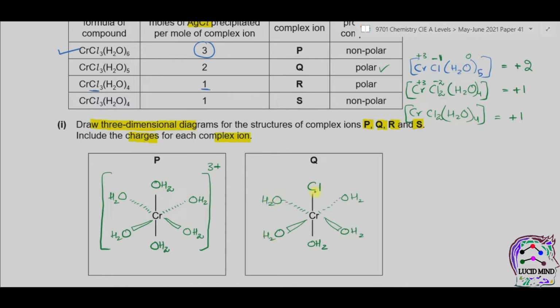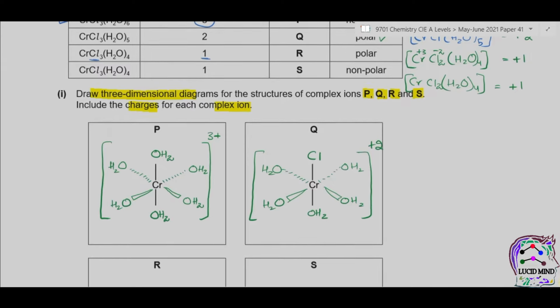Due to the presence of this chlorine, which is electronegative, this molecule or complex becomes polar. The charge is +2. Now third and fourth. In third and fourth we can see one is polar, one is non-polar, and the structures